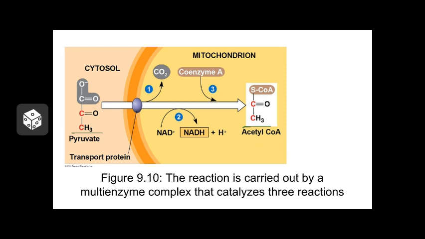So those energized electrons that are snapped off during this process are going to be picked up by NAD+, and it's going to end up forming NADH. So the NADH becomes reduced and is energized, and we're going to use it later on. Notice that no ATP is made during pyruvate oxidation. There's one other thing you should notice about pyruvate oxidation, and that has to do with the numbers of molecules